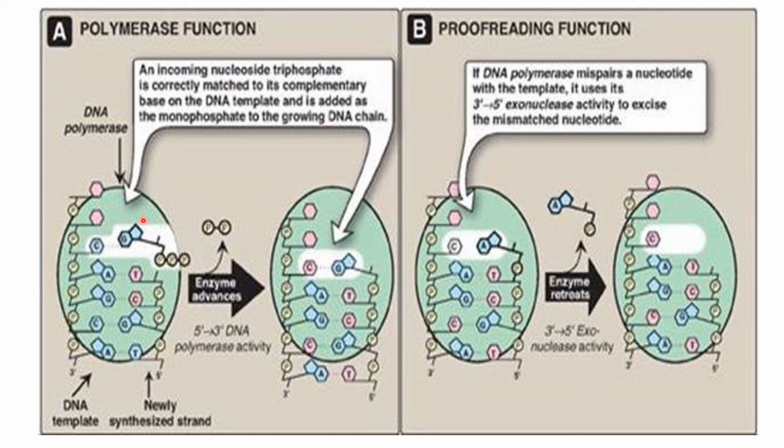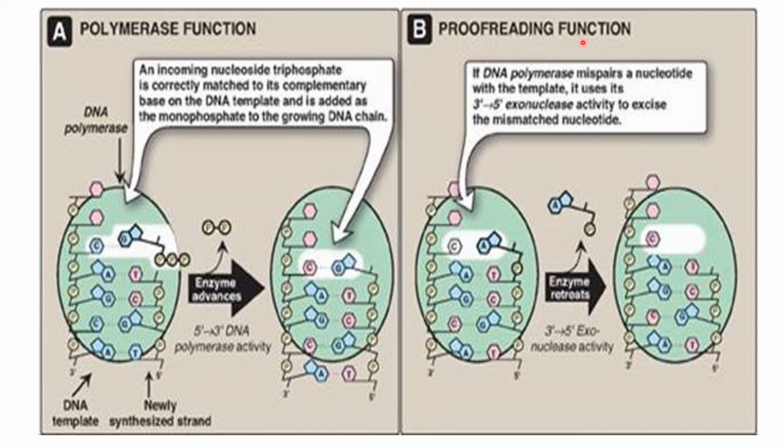Here you can see the incoming nucleoside is going to attach here with the help of this green colored DNA polymerase. This enzyme advances by binding the new nucleotide to the chain, and it also binds it to the complementary strand by removing pyrophosphate. Here you can see the triphosphate was brought here and the pyrophosphate is removed, while a single phosphate moiety is used in the phosphodiester bond.